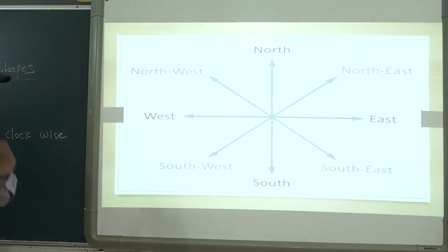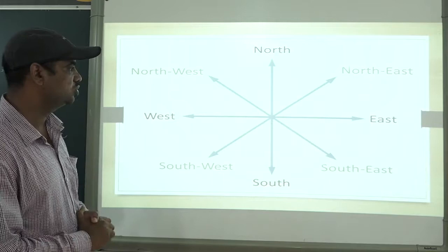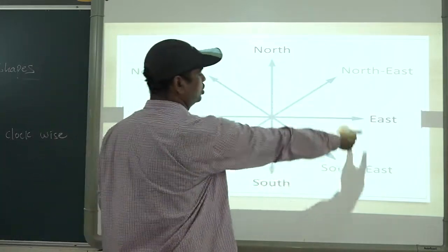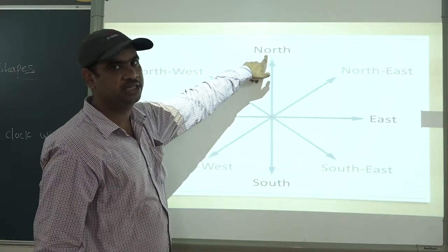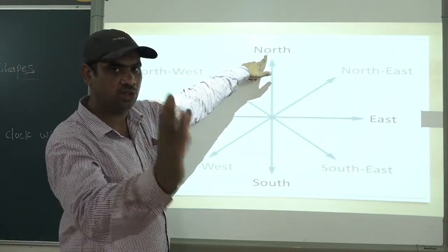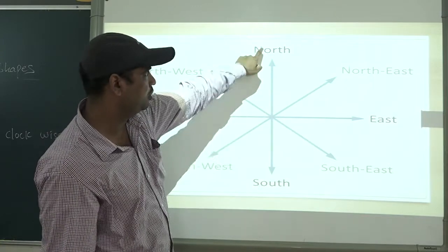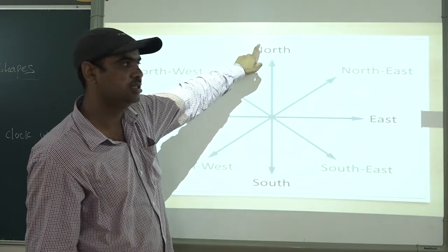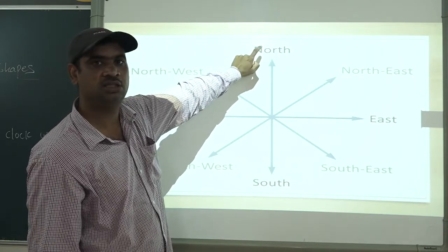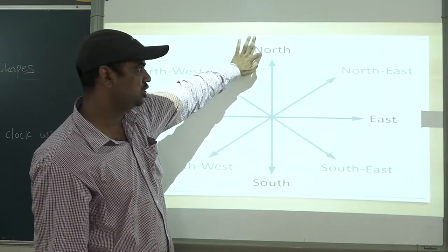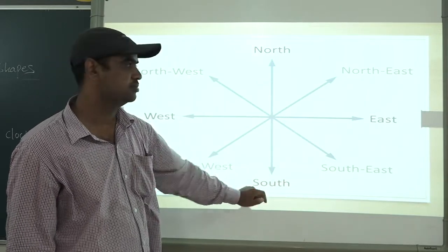Then the next topic is different zones. This is the last subtopic of our discussion today. So there are directions shown on the map. So this is what? North direction. If you want to know the direction on a particular map, these are the directions. So on a map, north is always shown in which direction? The upper side. This side is always north. And the opposite of north is south.